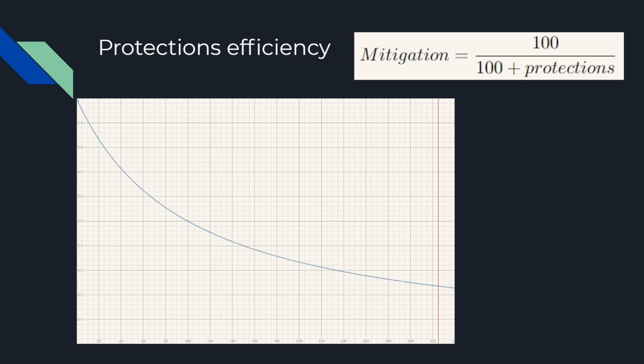It graphs out as the line on your screen with the vertical bar for protection, the red bar being the protection cap. One of the interesting things you'll see is as you gain protections, that next bit of protections does less for you than the previous one. So going from 0 to 100 protections takes you from taking full damage to half damage, but going from 100 to 200 protections takes you from taking half damage to taking a third damage. So each step along the way is going to be slightly less effective